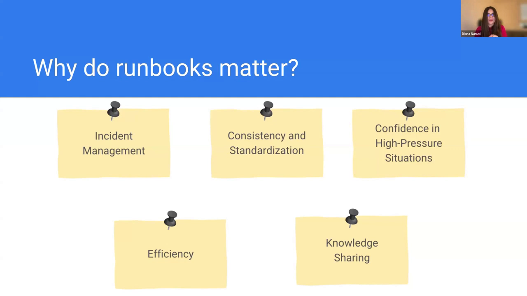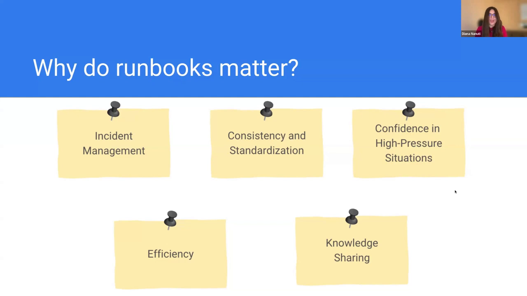First of all, a runbook is crucial for effective incident management because it provides clear step-by-step instructions to quickly diagnose and mitigate the issue to minimize the downtime. Of course, it's easier to navigate runbooks that follow a standardized format and ensure consistency across the team or organization, regardless of who owns them or who authored them. Having a common runbook template also facilitates a smoother handover experience, because teams can pass projects around and that's easier for the engineers to adapt. Going back to the 3 a.m. incident and the